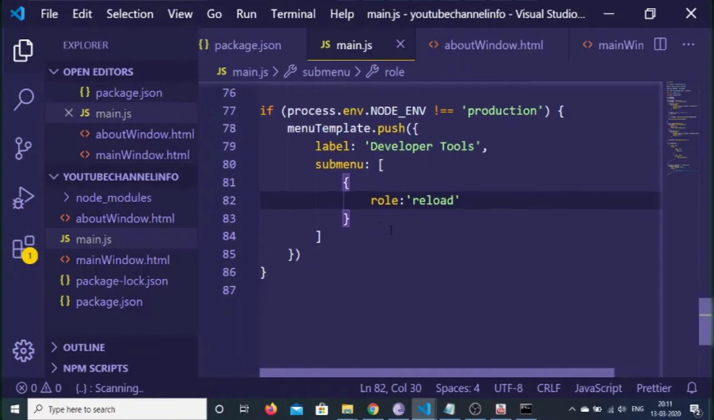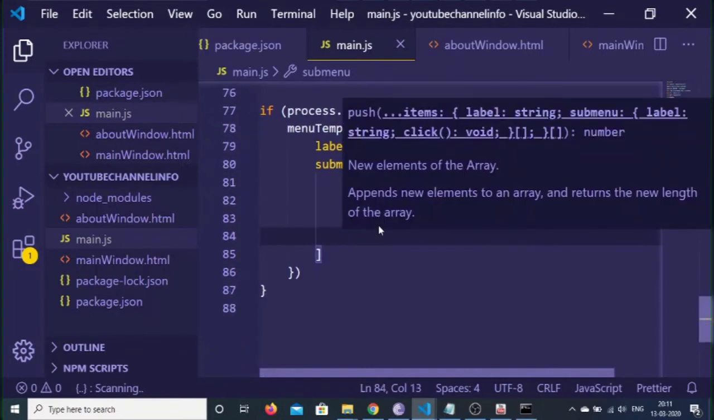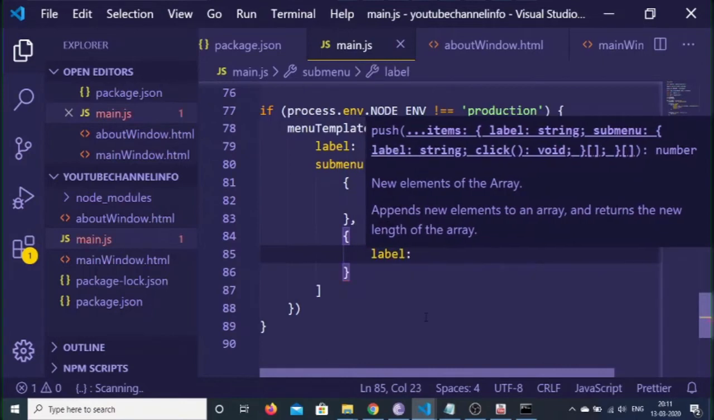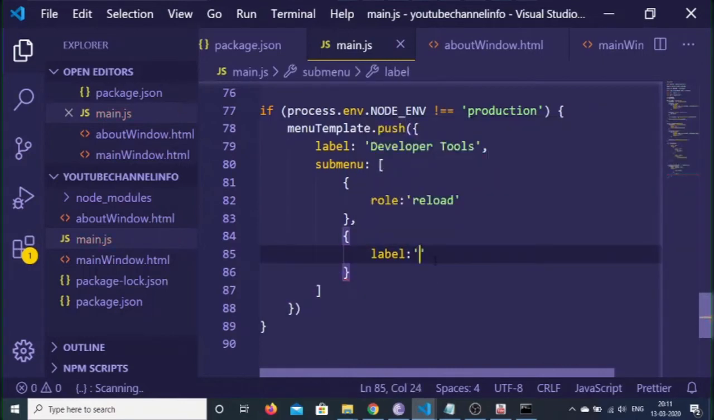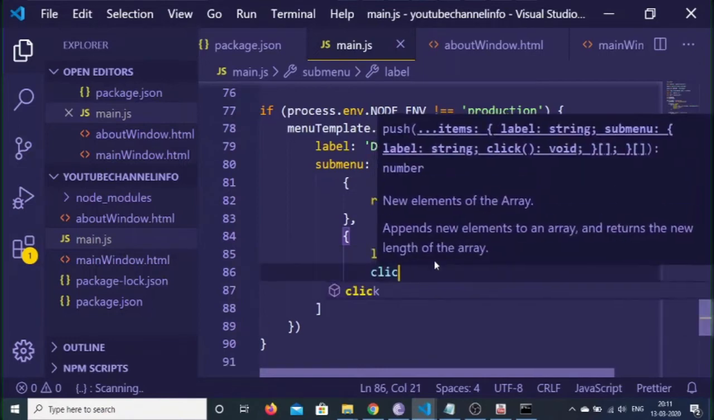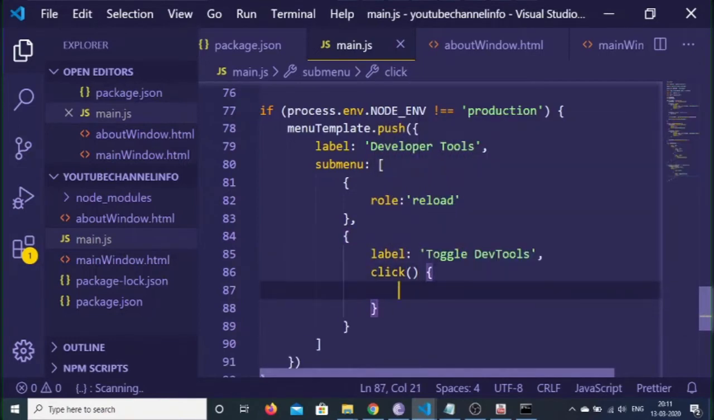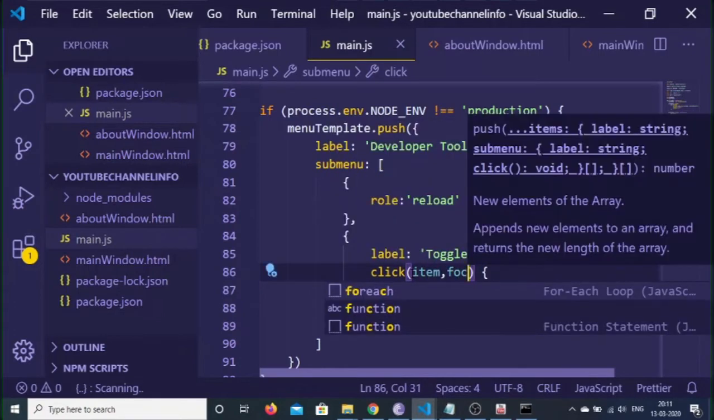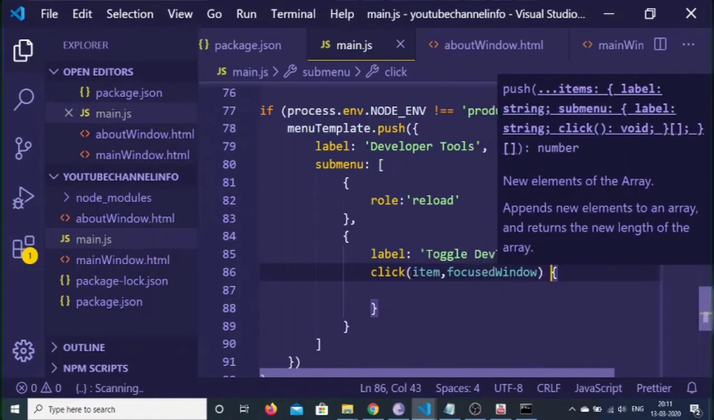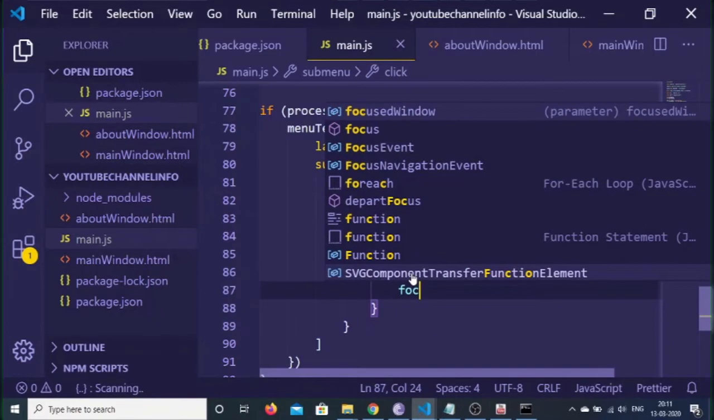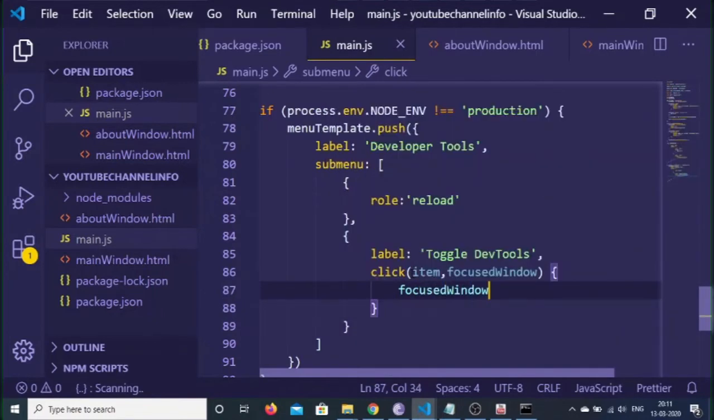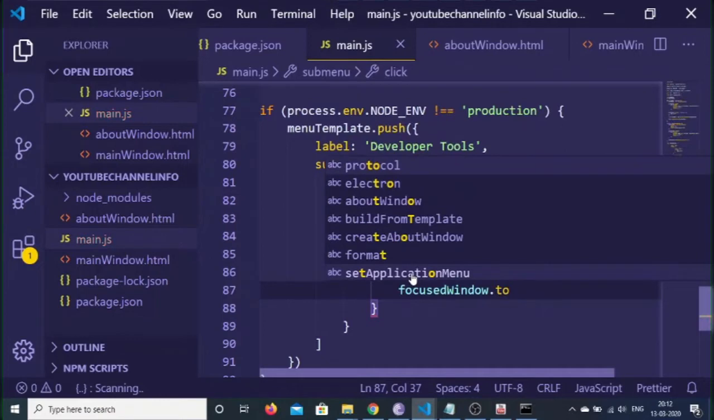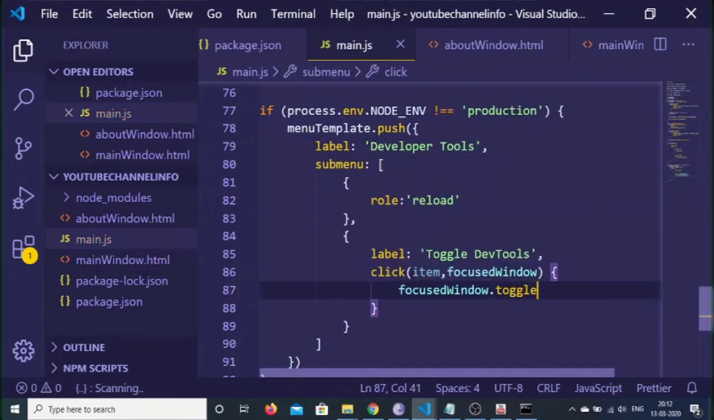The second item will simply be developer tools. Let me just give it a label of, let's suppose, toggle dev tools, and put a comma. When we click this we just need to display our developer tools. So here we will just pass the item and the focused window, and now inside this we just need to use the focused window variable, and then execute toggleDevTools. So this is the function, guys, toggleDevTools,